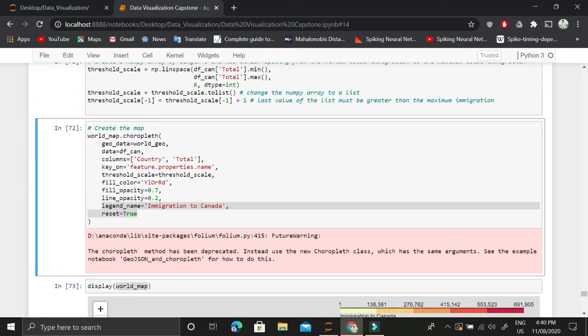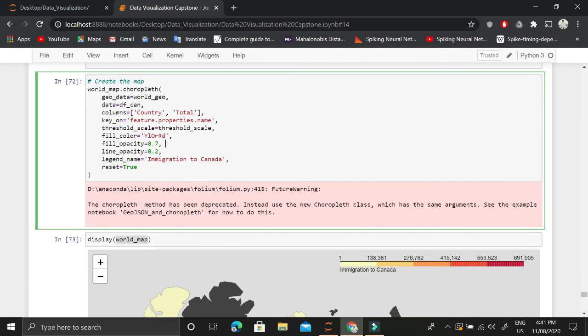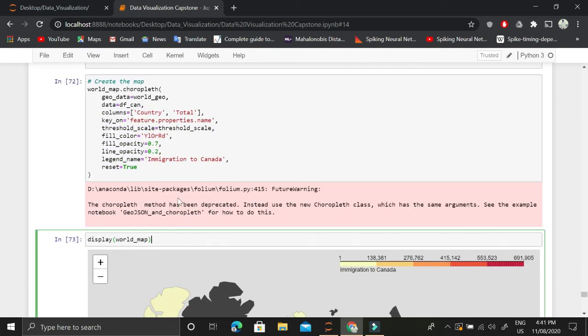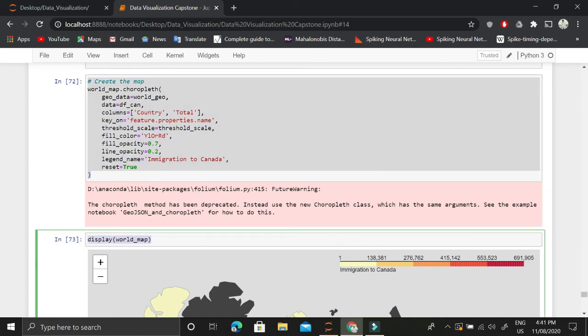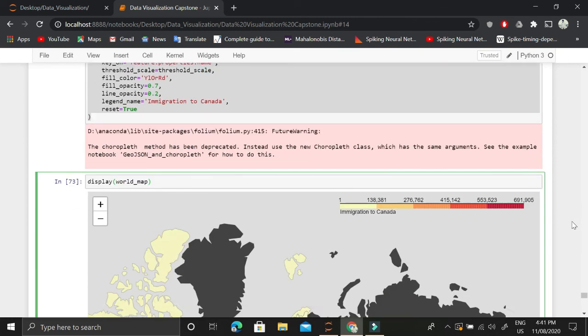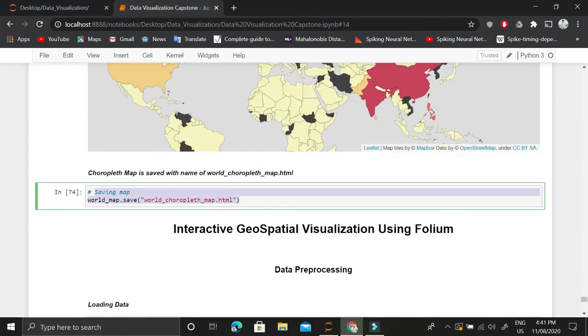Okay, then this is done. These are the main things. You can also go to the choropleth map arguments on the official website of Folium, and you can find out a lot more, and you can customize these maps. However, this is the main crux of how we do it. Then this display function that we have imported is used to display this choropleth map inside Jupyter Notebook. And if you want to save it, we could also save this map in .html form. I hope it will make sense now.